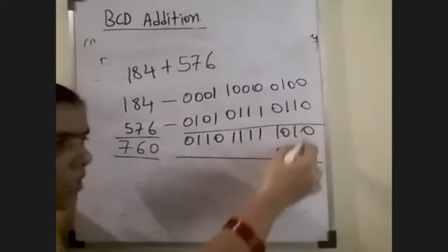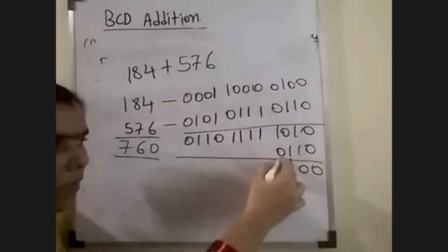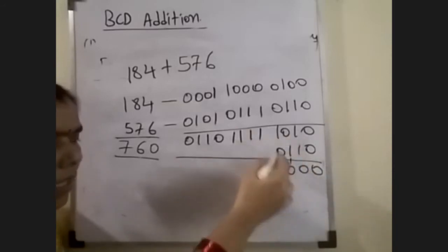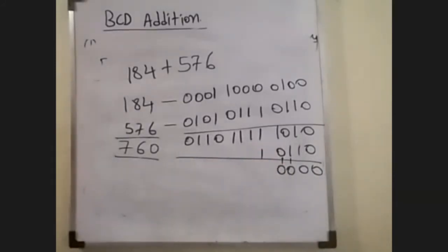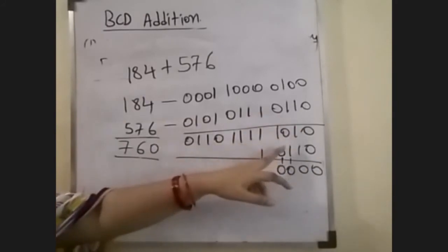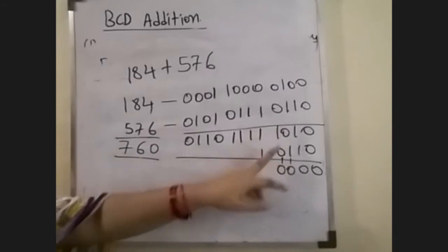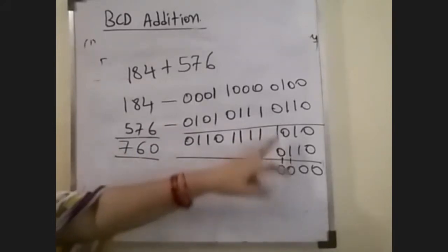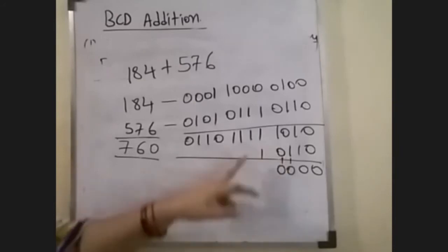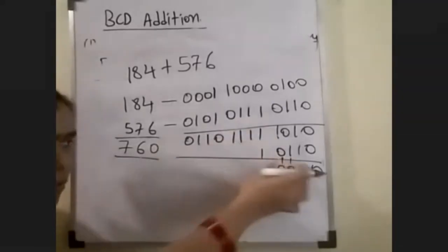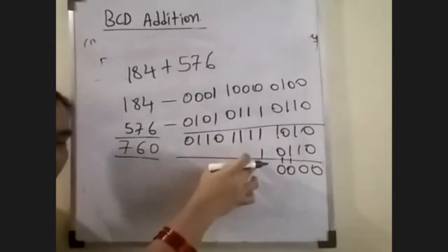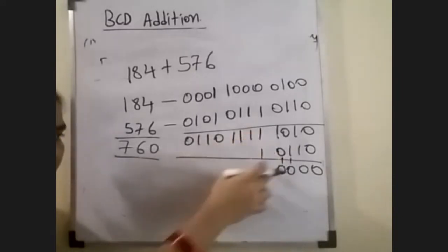Then you can perform the addition. 1 plus 1, 10. The carry will go to here. Okay. Is it clear or not? So to correct the invalid sum, add plus 6 to the 4-bit sum. If a carry results from this addition, add it to the next higher order BCD digit. If a carry is produced for this sum, that will be added to the next higher order bit position. Okay. So again the carry will go to here.